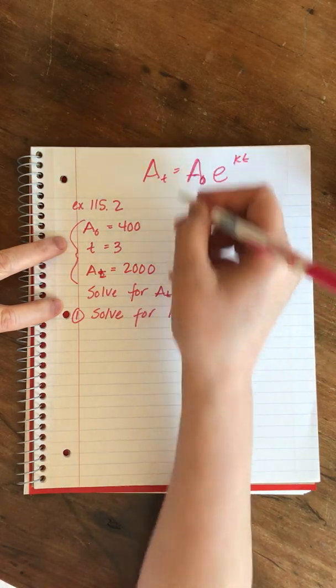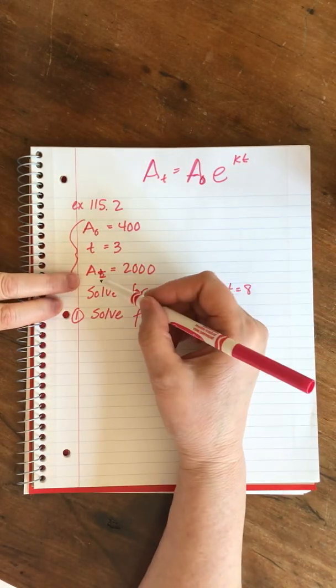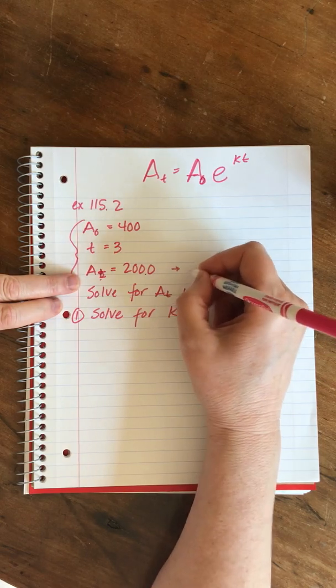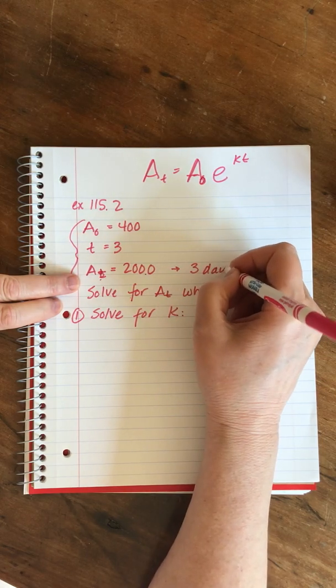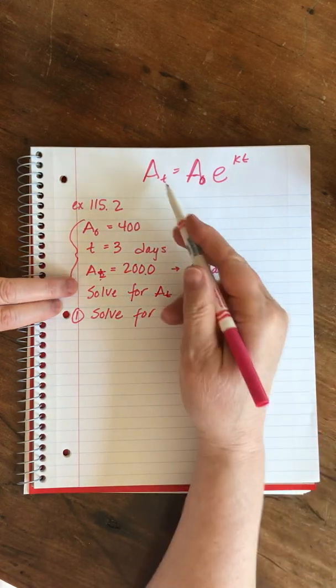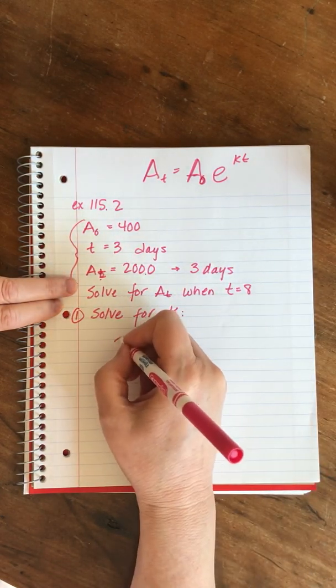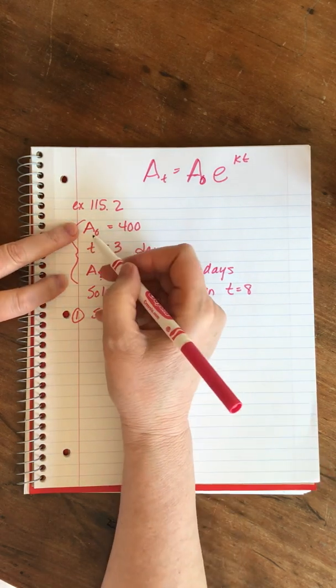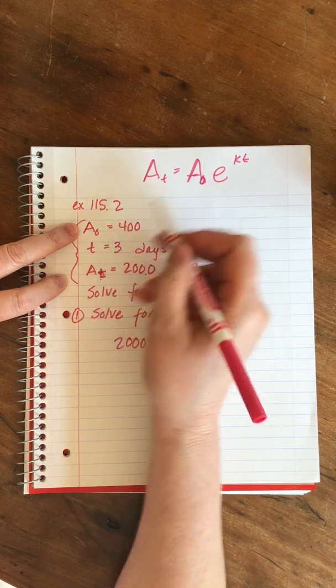Okay, so I'm going to take my formula, A of t after 3 days, right, because we said t was equal to 3 days. That was 2,000, so we can say 2,000 equals A sub 0, the original